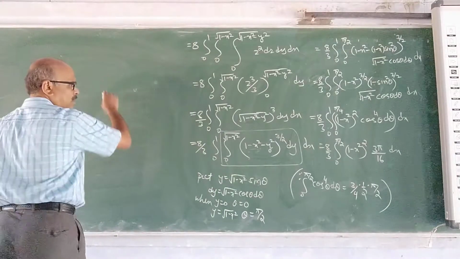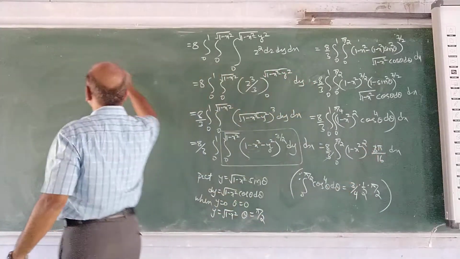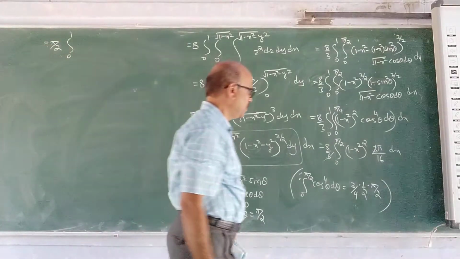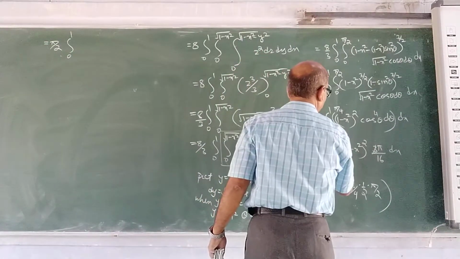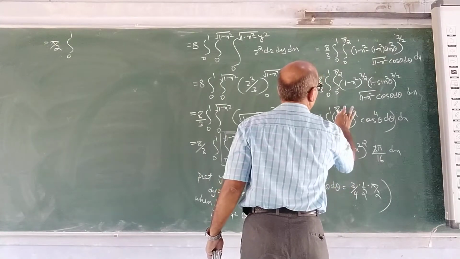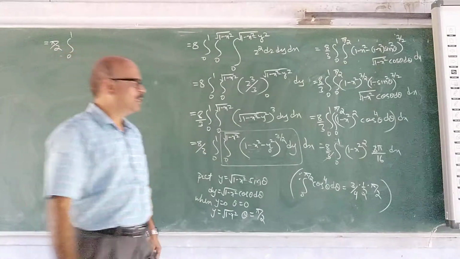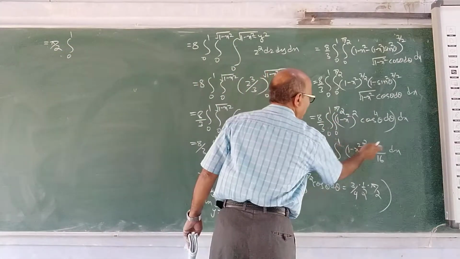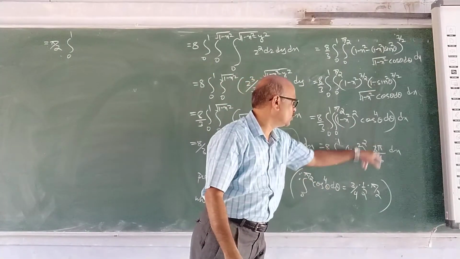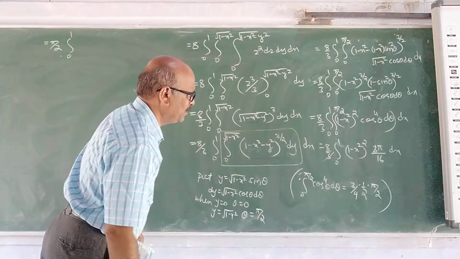It is therefore, 3 cancels, pi by 2, 0 to 1. What is this? One more integration is there, 0 to 1 it should be. And what is the limit here? Pi by 2. Some corrections you make there: 0 to pi by 2, 0 to 1, because we have already integrated here. Separately taken 0 to pi by 2 cos theta raised to 4. So 0 to 1,